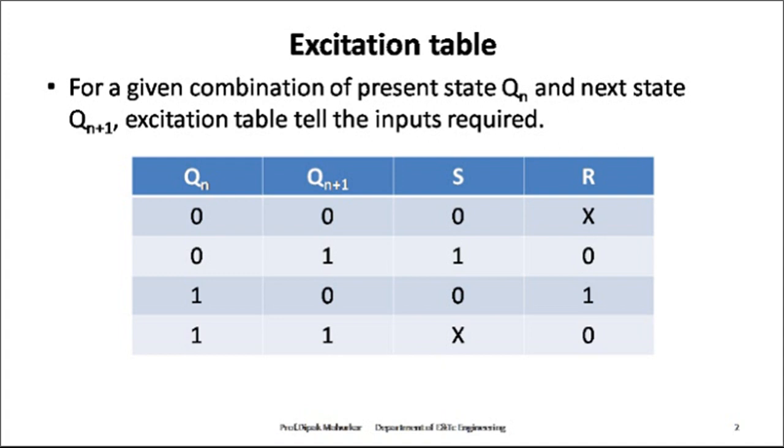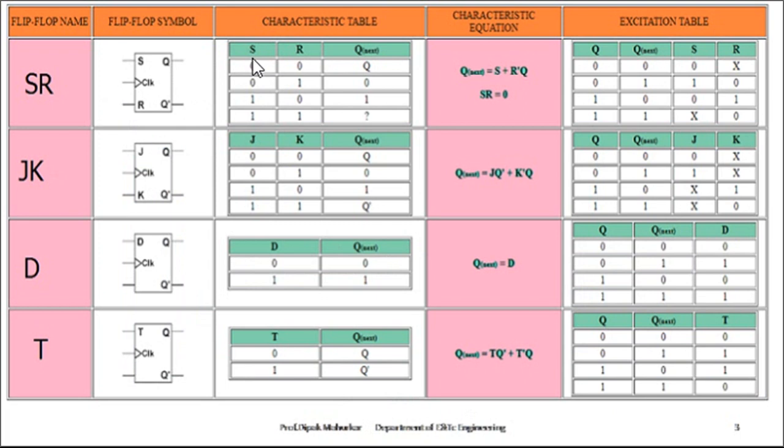Okay, now if you observe the SR flip-flop, let's look at the SR flip-flop truth table on the next slide. These are the SR flip-flop truth table or characteristic table: both 0, then Qn; 0 1 means 0; 1 0 means 1; 1 1 is prohibited. This is your characteristic table or truth table.